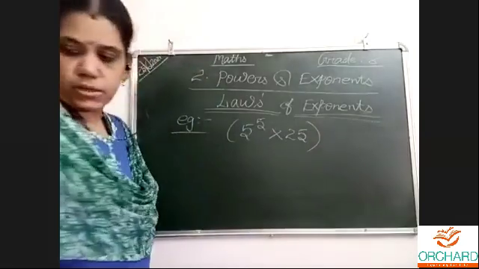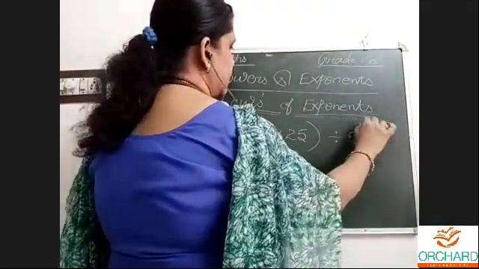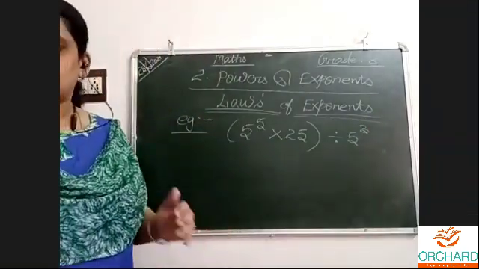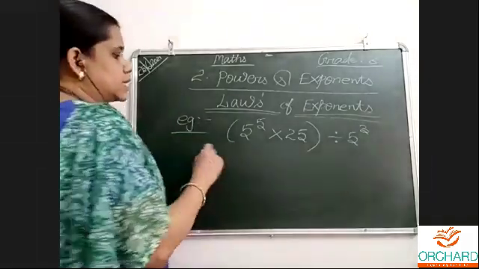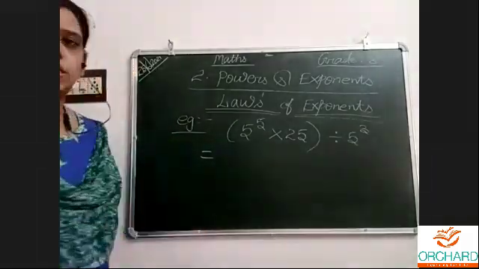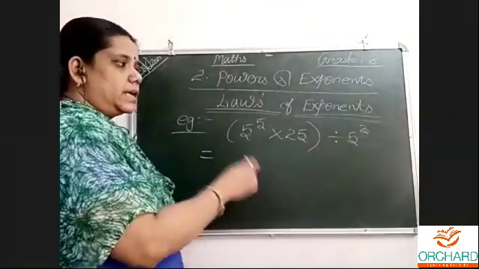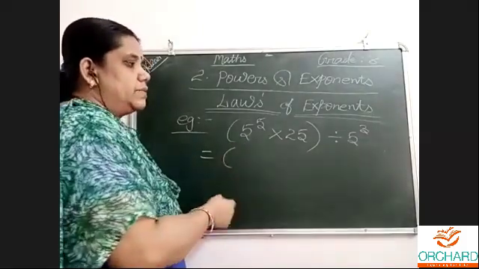Laws, all we have told. Based on all those laws only, we will be doing. By applying the laws, we will do. Before that, some models we are going through. When you go through these types of models, exercise sums will be still easier. Everything is there in the exercise. This is an example sum. Similar to that, still easier will be.